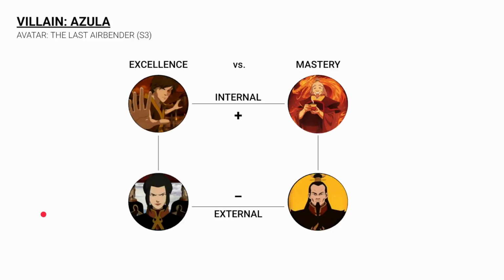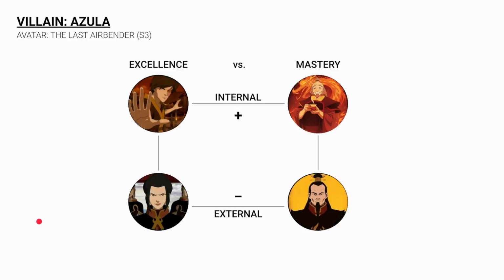Iroh is again internal mastery, and he comes into conflict with Zuko in season 3 over that, over the fact that Zuko won't listen to him, that Zuko is not striving for excellence, that Zuko doesn't want to engage with everything that Iroh believes will make him a better person. And that's where they come into conflict, is that excellence versus mastery,